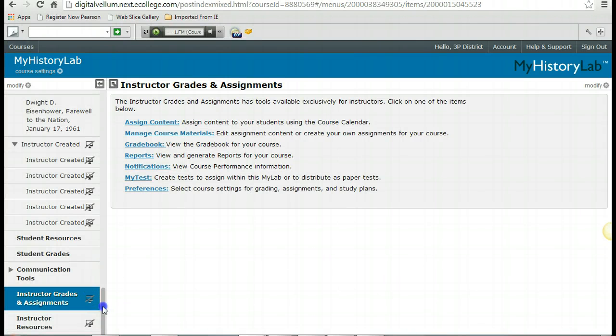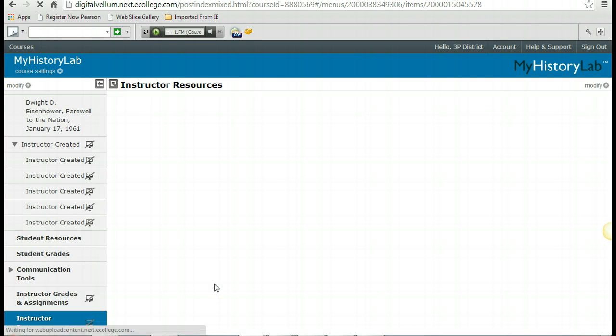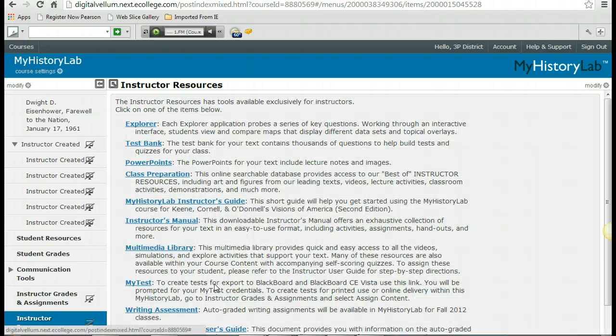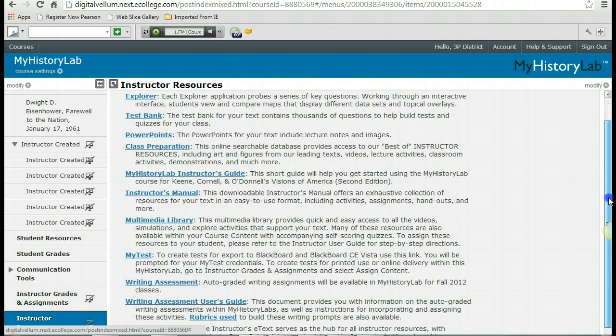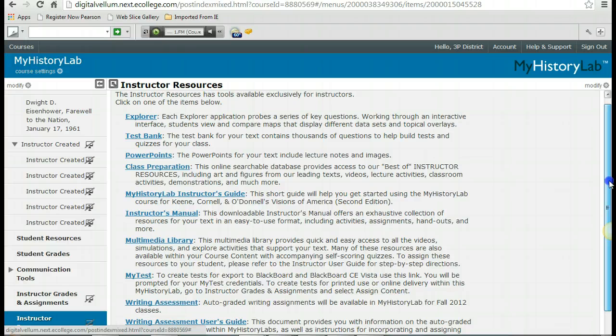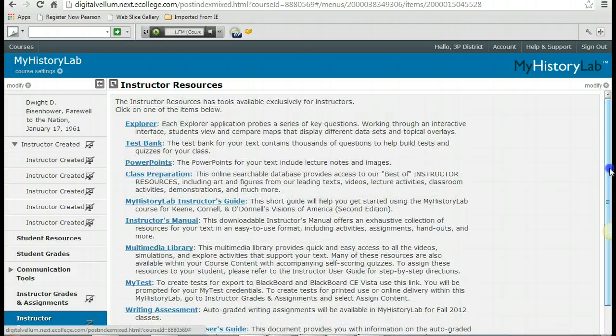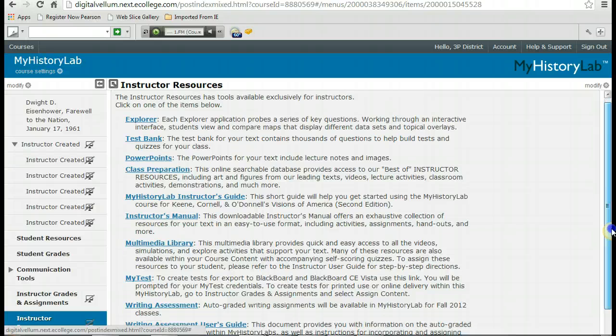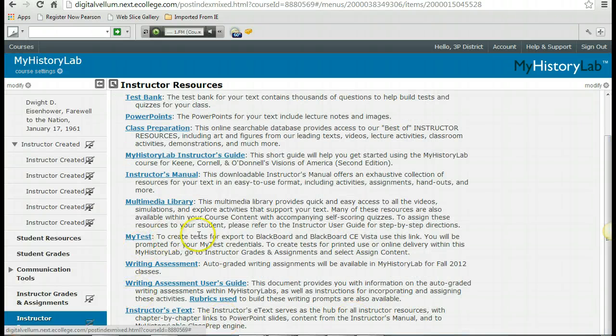And then I also wanted to point out your instructor resources before we conclude our tour today. This is something that you can access right within the lab, so you don't have to go anywhere else to access your Pearson instructor resources. Once again, you've got your Explorer in here, you've got your test bank, your PowerPoint, your class prep, your instructor manual, My Test. You can create your own tests. You've got your e-text in here that you can launch right through your instructor resources,